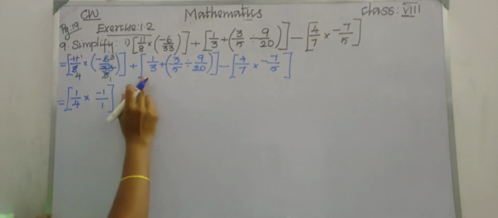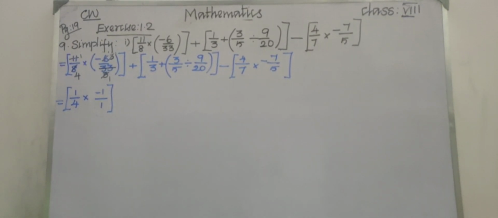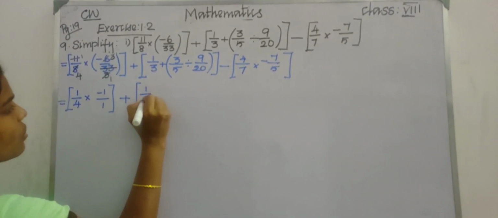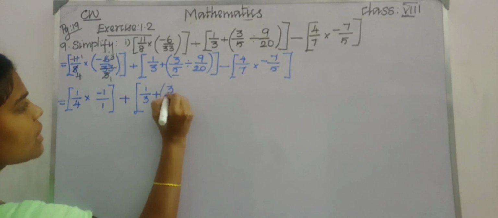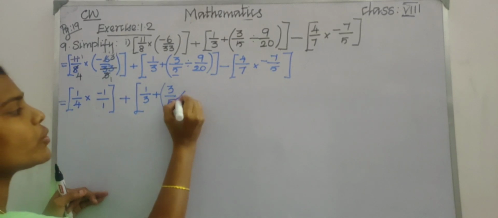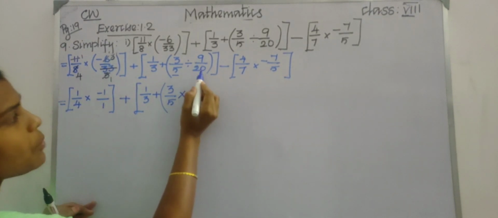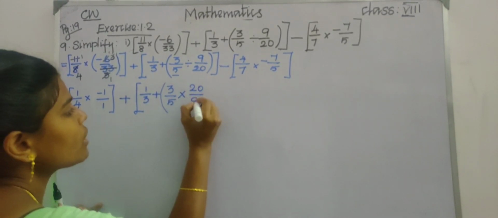And let us see the next one. Here we are having the division symbol. So what we can do? We need to change the symbol and we need to take the multiplicative inverse. Okay, so let us put plus. So what will you do? Just write the first rational number as it was in the question. So 3 upon 5, and after that here we are having divide symbol, so that we can put into multiplication symbol. Okay, and after that we need to take the multiplicative inverse. Okay, so what is the multiplicative inverse of 9 upon 20? 20 upon 9, right? So that we can write 20 upon 9.